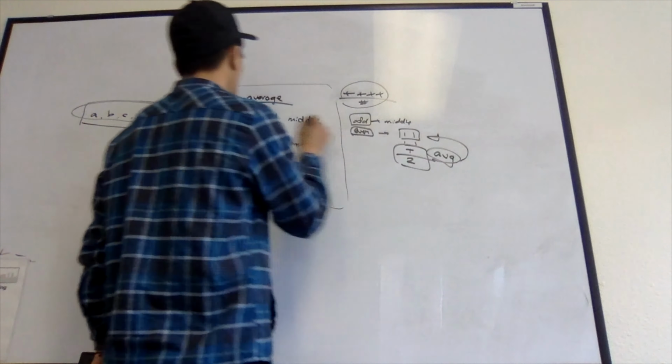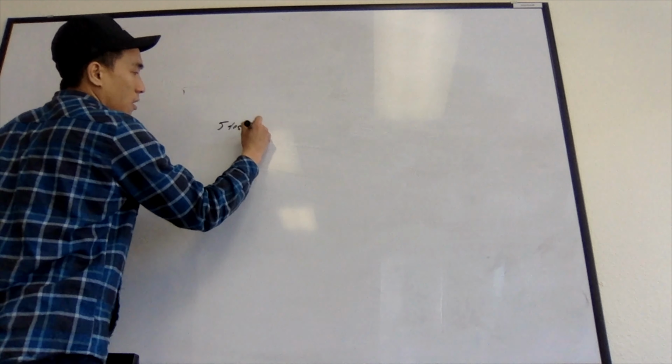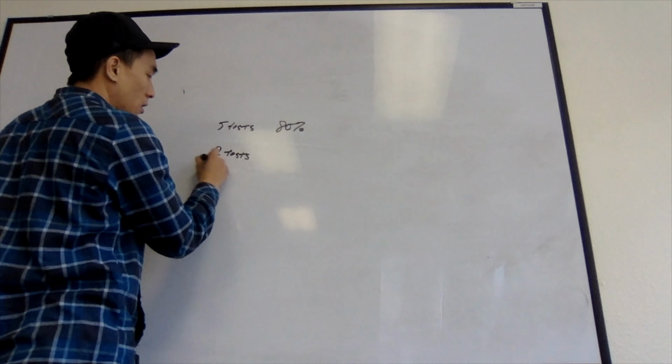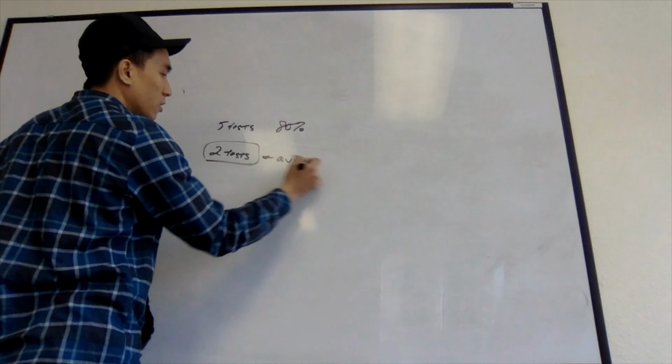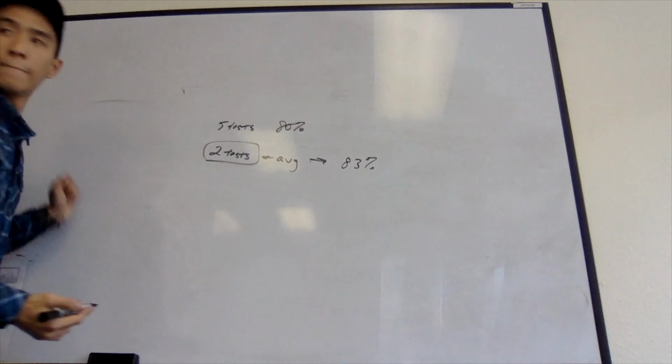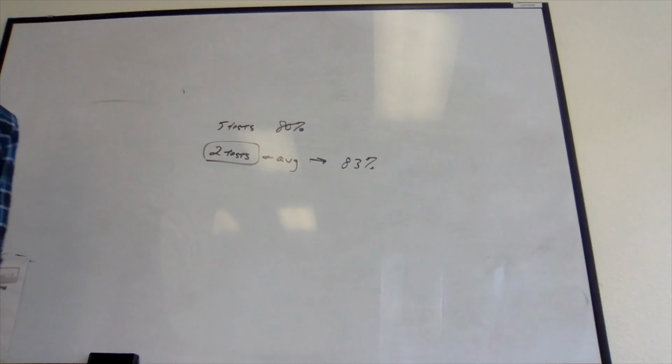Now what they love to do is they'll give you these average problems that are similar to what school does, but then they'll change it just a little bit. So what I mean is, for example, they'll give you: you've taken 5 tests and you're at 80%, right? You've got 2 more tests left. What do you need to average on the 2 tests to bring your grade up to, let's say, an 83%, right? Pretty simple, right? But what I want to show you is that a lot of kids don't realize there's what we call the grouping,